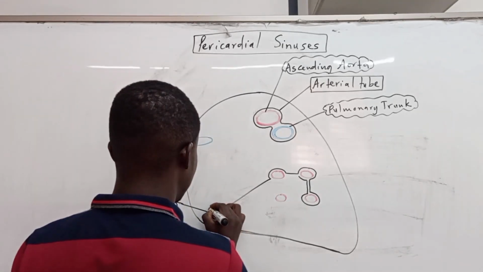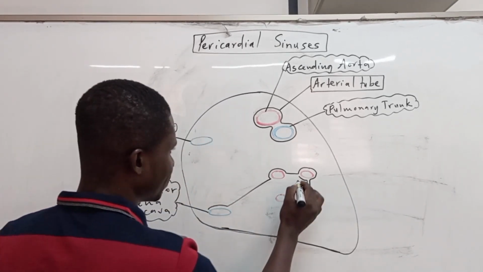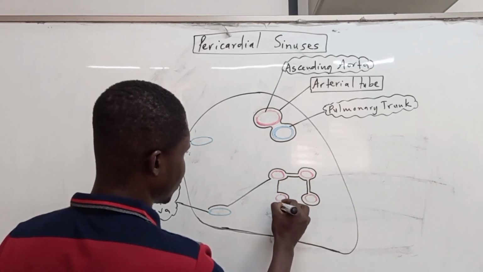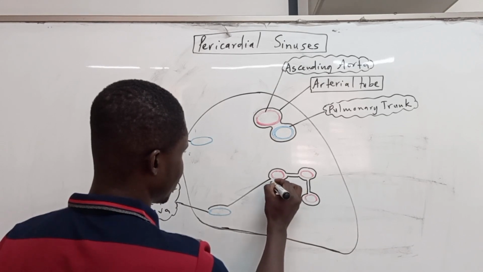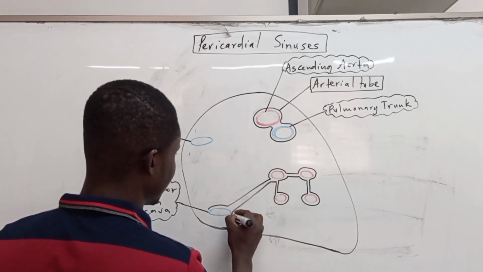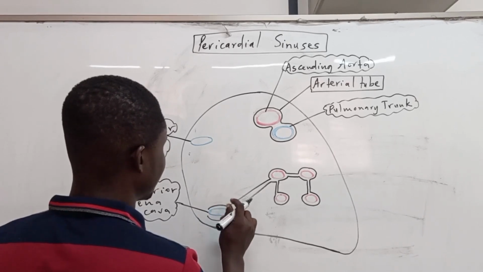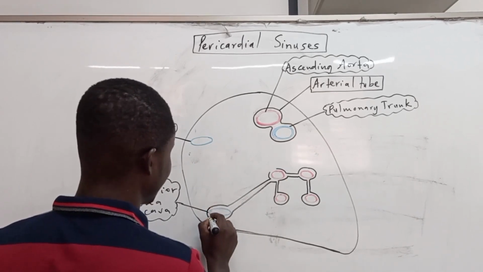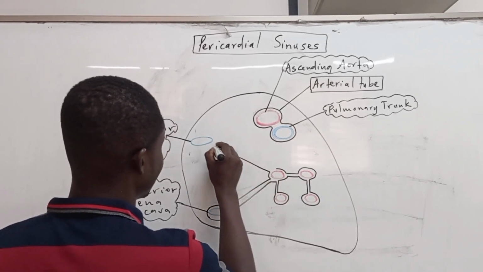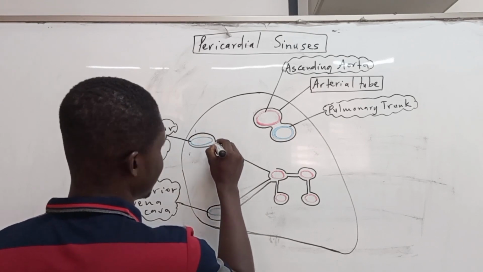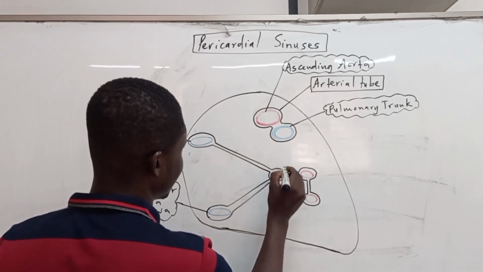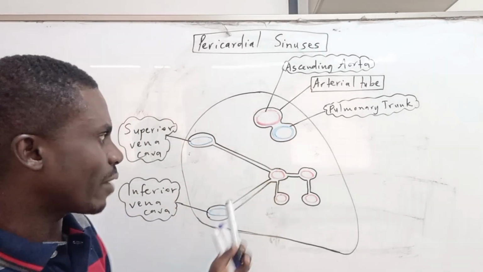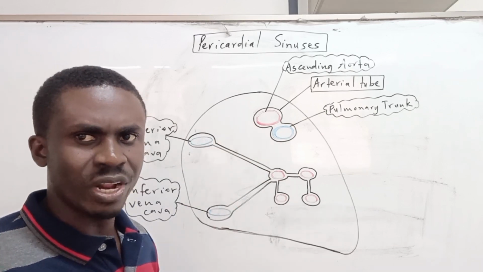Now it's to all the veins, so we move all around it. Okay, so these are the pericardial reflections around the vessels, which are either draining blood into the heart or